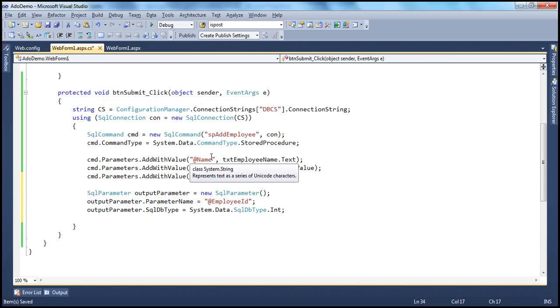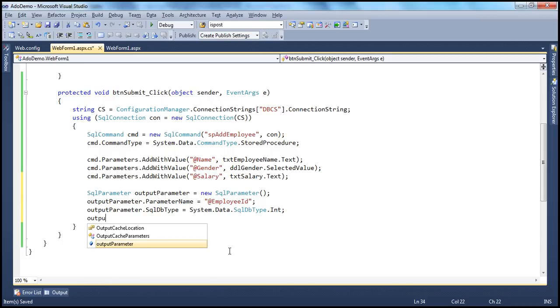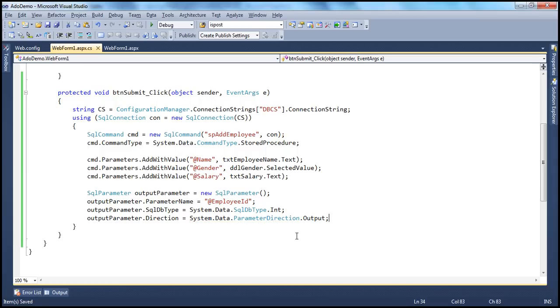This employee ID is going to be an output parameter. So I'm going to specify output parameter dot direction is equal to System.Data.ParameterDirection dot Output. So these are the three important things for an output parameter that we need to specify: parameter name, data type, and the direction. And then we need to associate this parameter with the command object, and to do that,